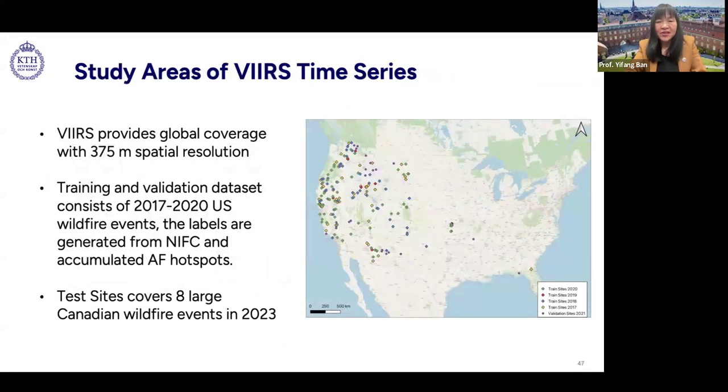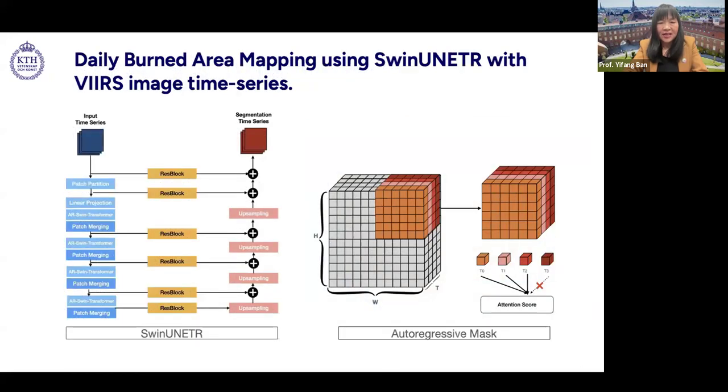So we have used 3 years of training and validation data in the United States from 2017 to 2020. Then we compared with the accumulated active fire, accumulated hotspots. Then we have test sites, large Canadian wildfire events in 2023, as test areas, just to test our model's